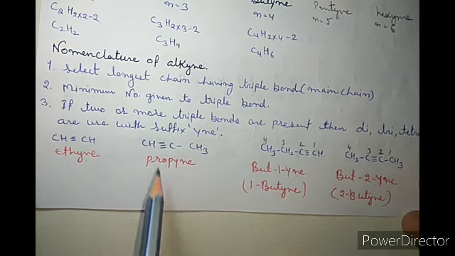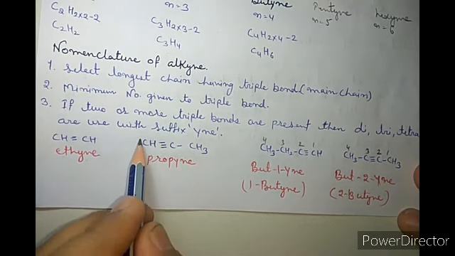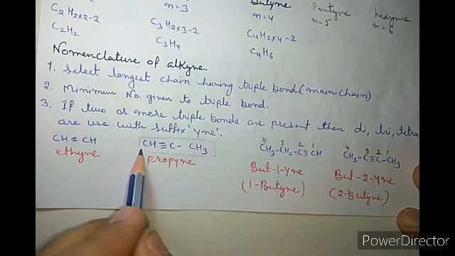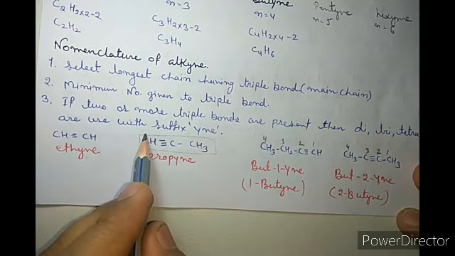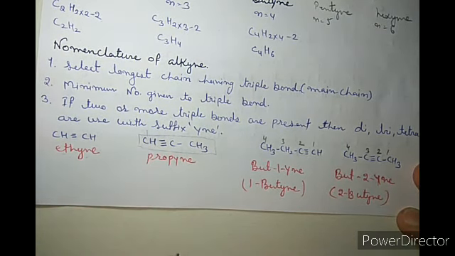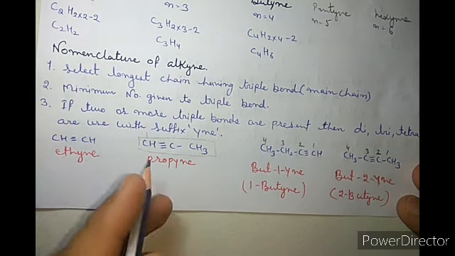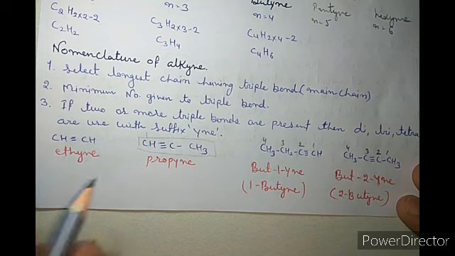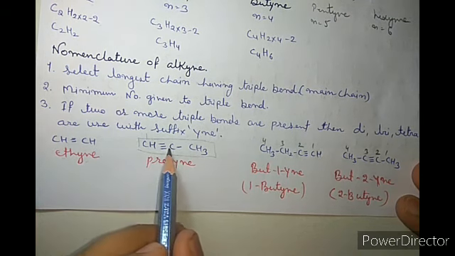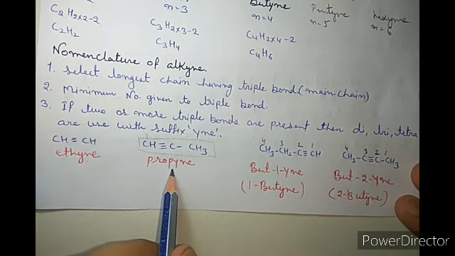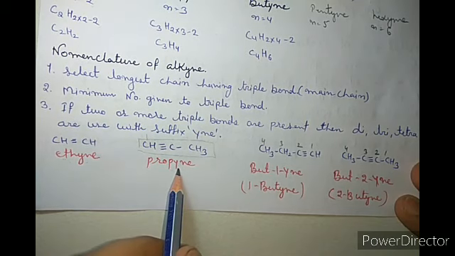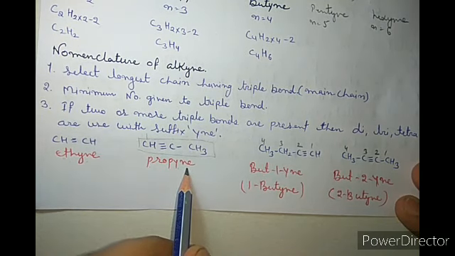The similar case is here. That is our main chain, and if we start numbering, the triple bond comes on the first, and if it is first and there is no substituent, there is no need to use the number. So here 3 carbons, prop, triple bond, yne, so the name becomes propyne.